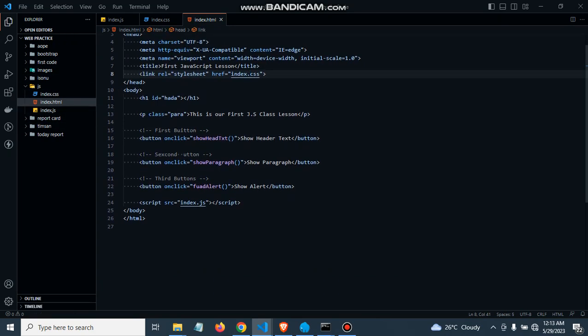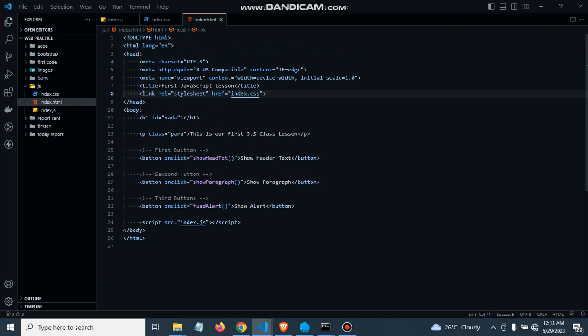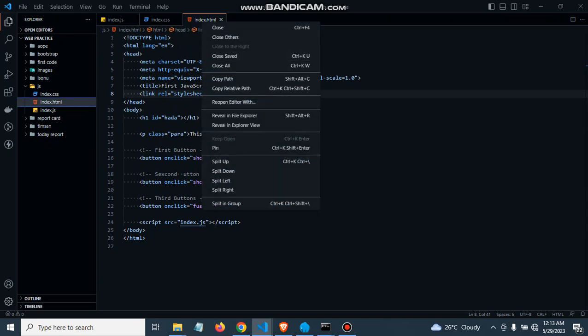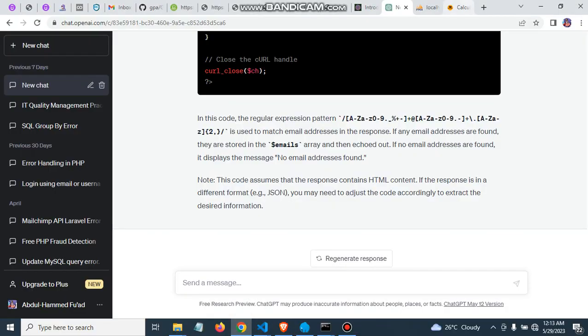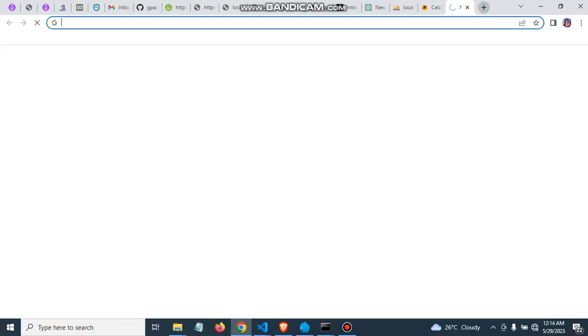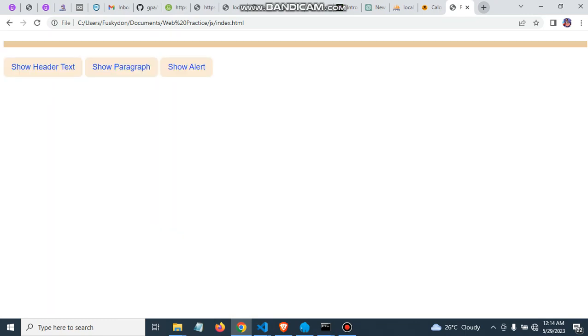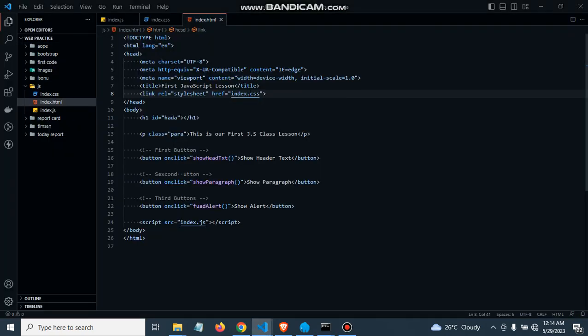Now, let me run this index.html. Now look at what we have on this page. But what I want to do now is add a picture to this place. If I want to add the picture, I'm just going to come like this,